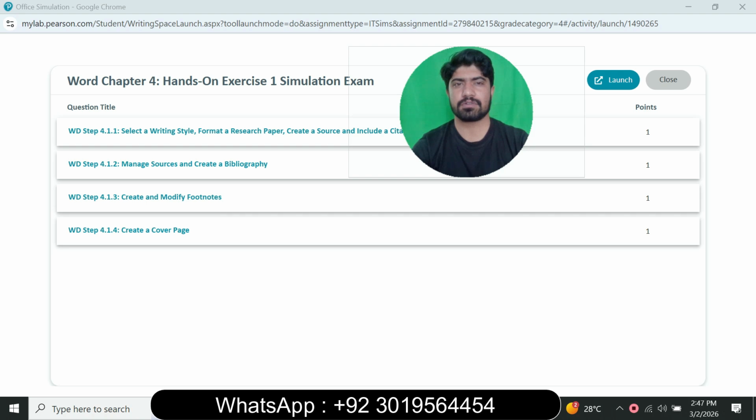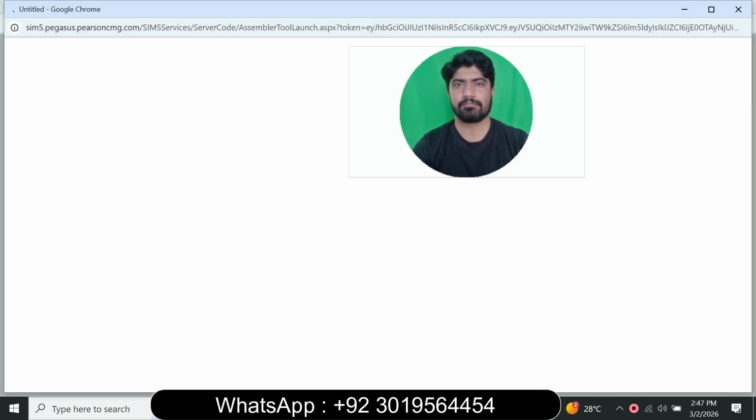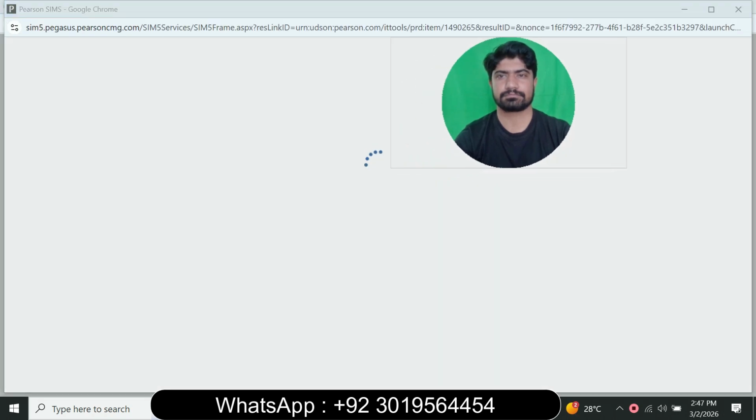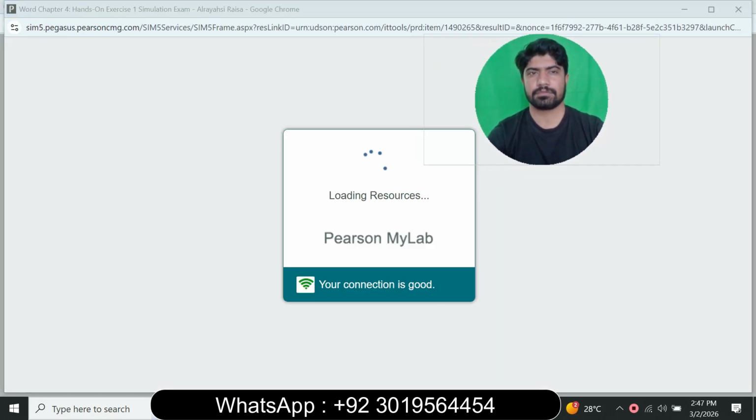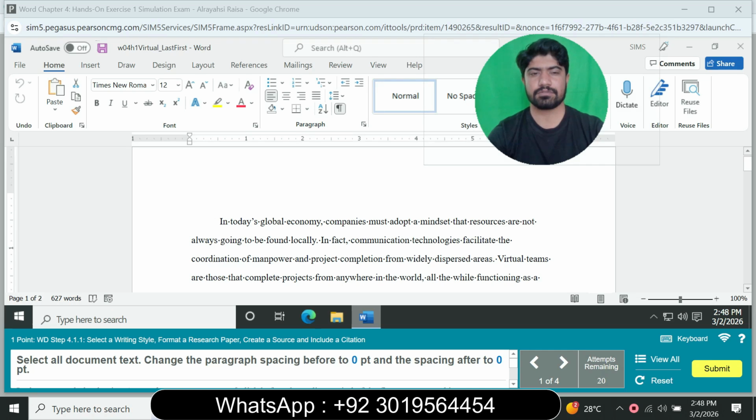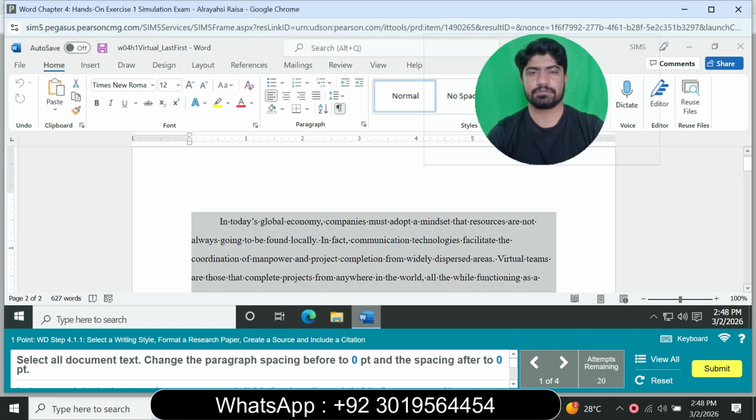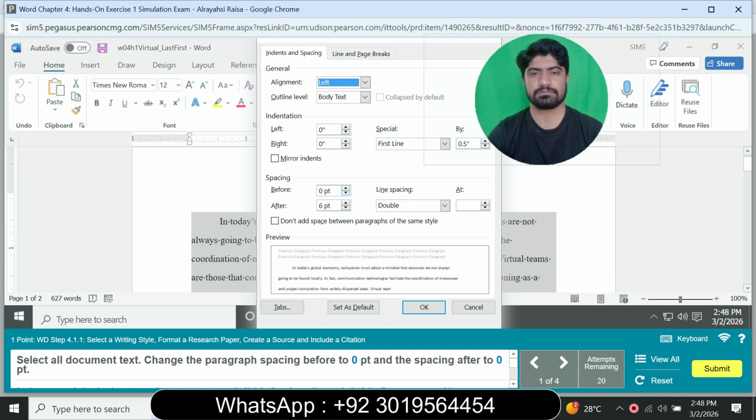So Word Chapter 4 Hands-on Exercise 1 simulation exam. Click launch. So open the Word Chapter 4. Total questions are 4. Select all the document text, change the paragraph spacing before to 0 and spacing after to 0. So select all the document, go to the Home tab, click Paragraph, set spacing to 0